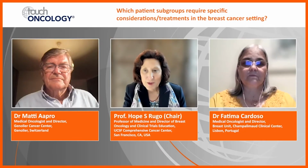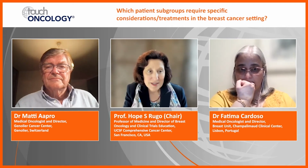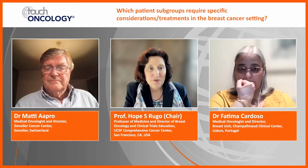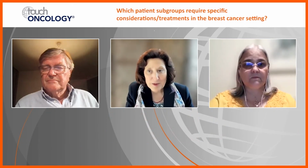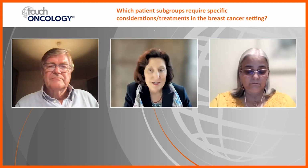We'll move on to our next topic of discussion, which is looking at patient subgroups and what considerations and treatments we should be discussing based on different patient subgroups. And of course, we're defining patient subgroups differently all the time. Certainly, we have the standard IHC with hormone receptor and HER2 status, now PIK3CA mutation testing, which can be obtained